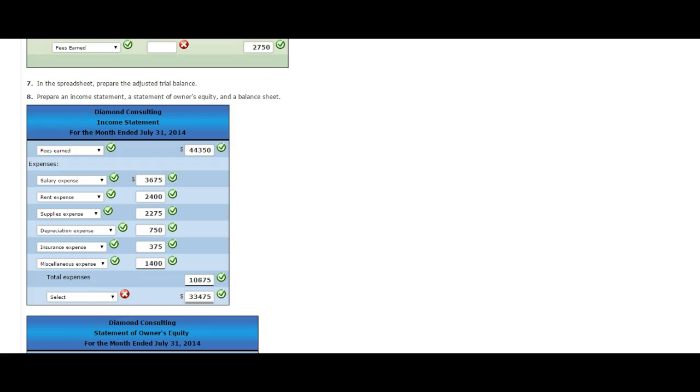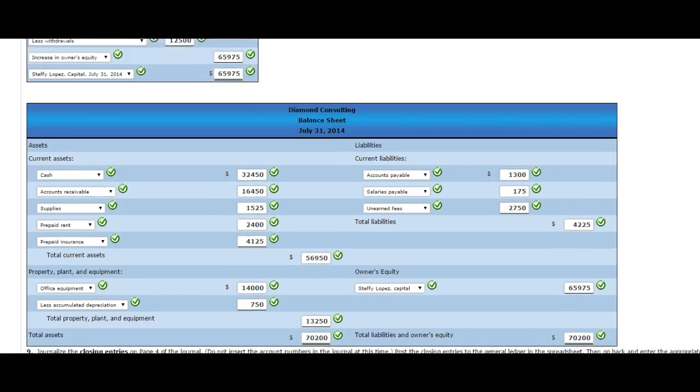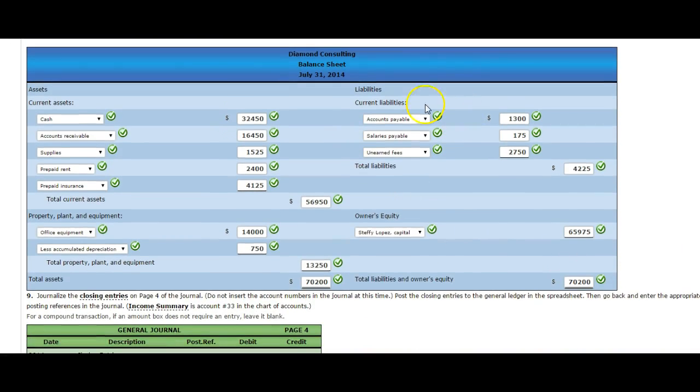It's very easy to miss something on this. Owner's equity is good. This is actually a capital statement, remember that. We get down to the balance sheet, it's perfect, it's good. So that is financial statements. Next up is going to be the closings now. So let's